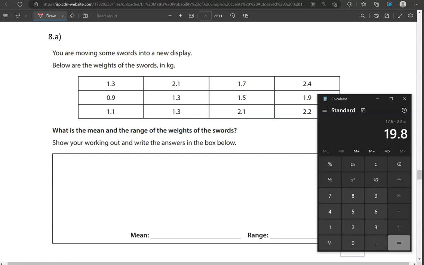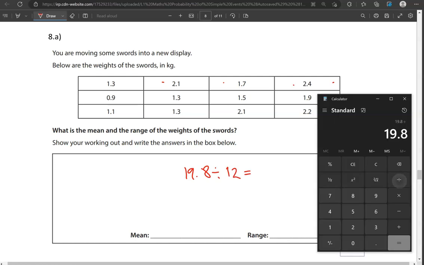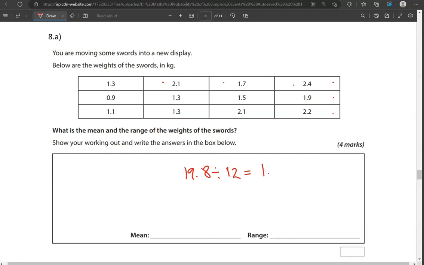So that is 19.8 divided by 12, since there are 12 numbers. So that gives us 1.65